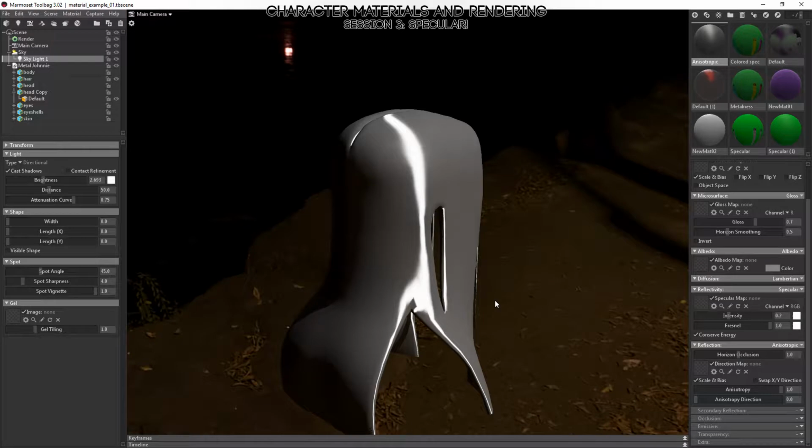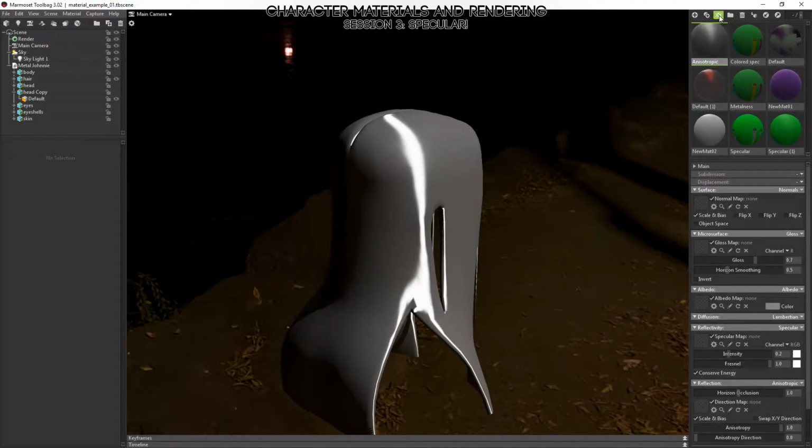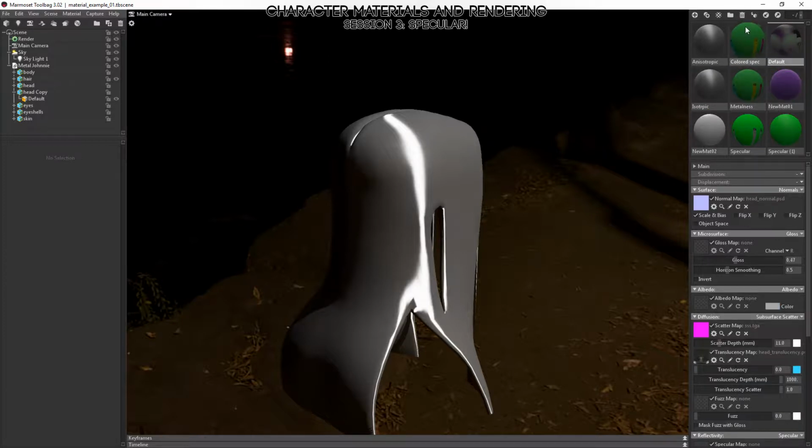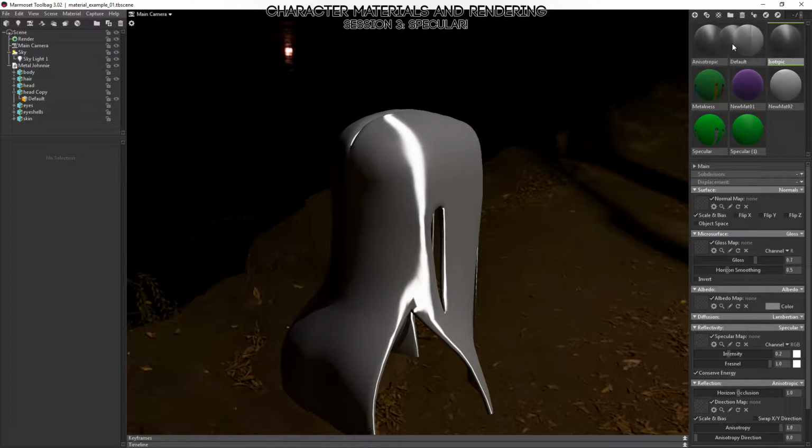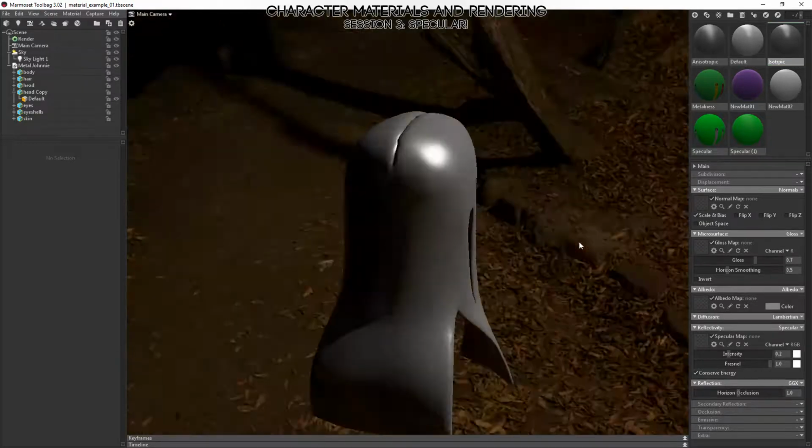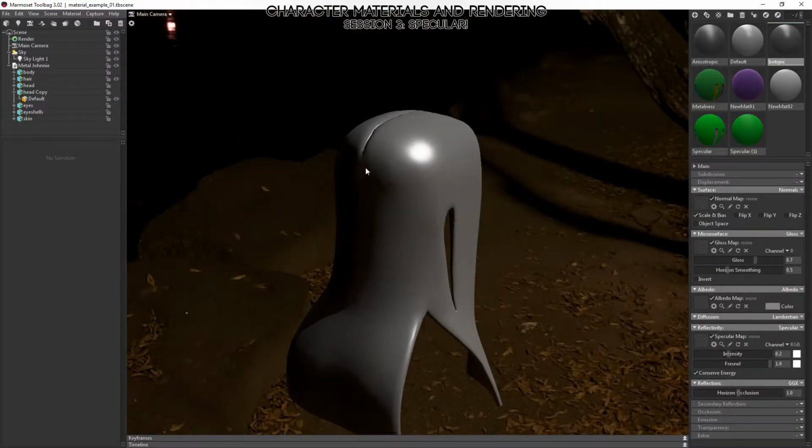Well, with anisotropic reflections, you know what? Let's duplicate this. Call it isotropic. Let's delete some of this other stuff just so that we're nice and organized. So we have isotropic and anisotropic right near each other just so we can click on them easily. We'll change this back to GGX. Plop that on there. Okay, so we have the same highlight in the same general location right here, but with